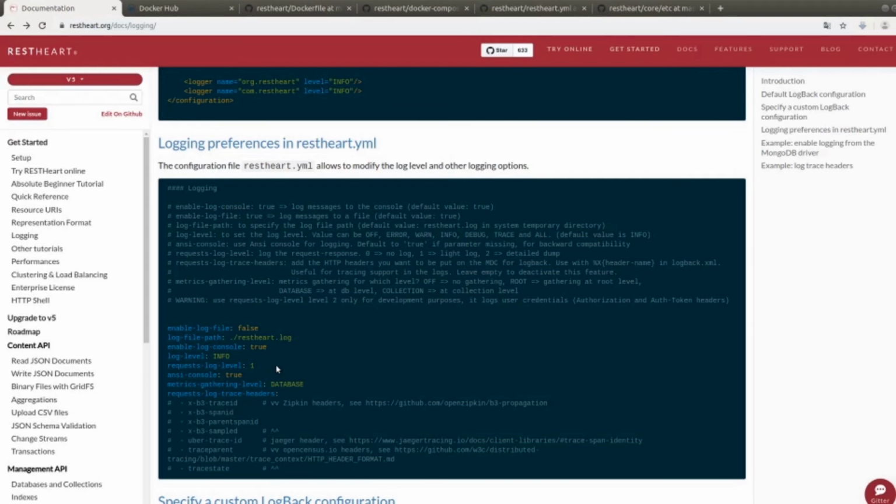In order to activate this option, we have two properties, that is, the Enable Log File, which is set on false by default, and the log file path, where we specify the position where the log file must be saved. By default, the log file will be called restart.log. Then we can specify a growing level of the logs.